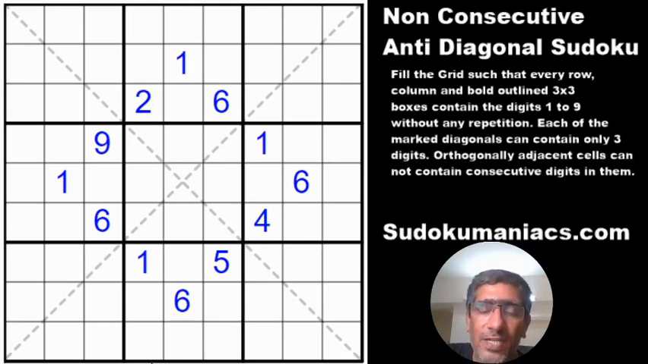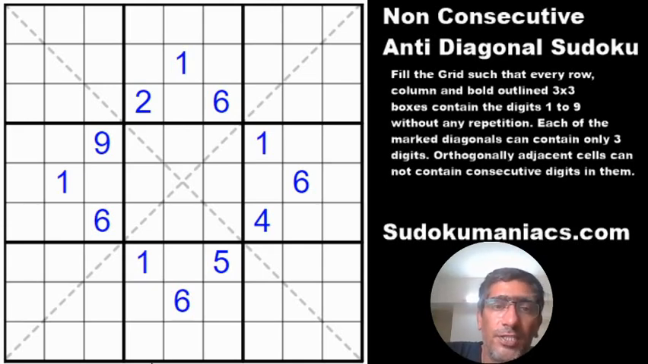So yesterday we started a new series of variants on our website. These are basically hybrid Sudokus, or rules of two different Sudokus merged into one. So we started off with an anti-diagonal non-consecutive Sudoku yesterday, where the rules are that, apart from the classic